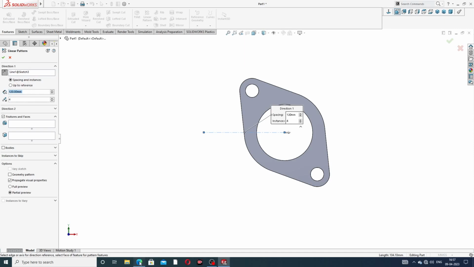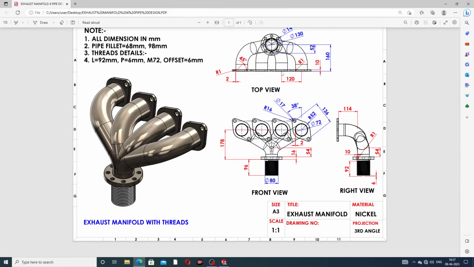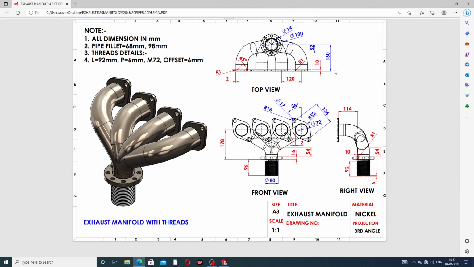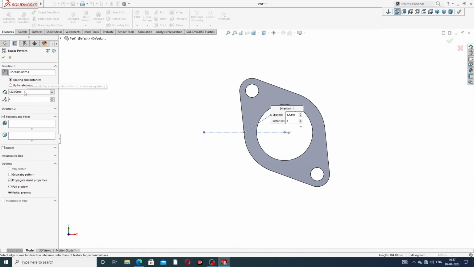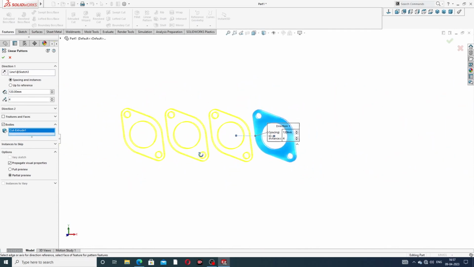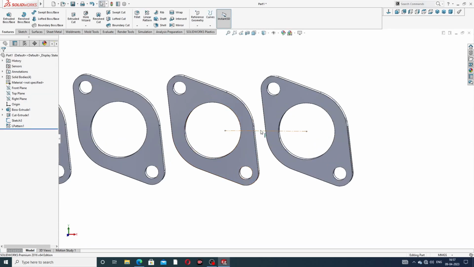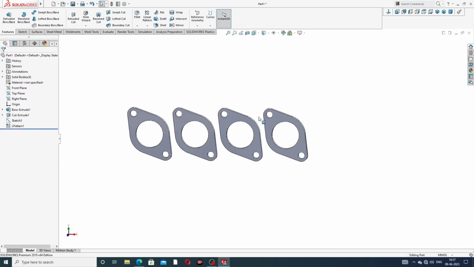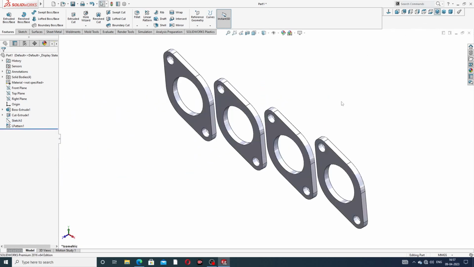Okay, because this to center distance between two center is 120 millimeter, perfect, and this use pattern is used here, a 4 pattern, and this distance is 120 millimeter, pattern is 4, and use bodies, and click this body, and direction is reverse direction, and click OK. Okay, and this line is hide, and isometric view. Okay, this is perfect,